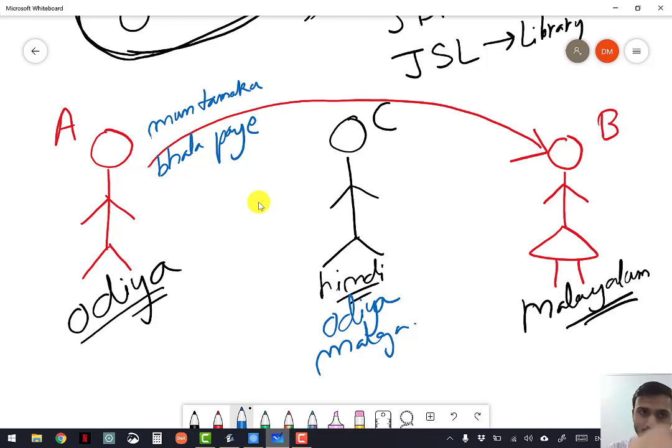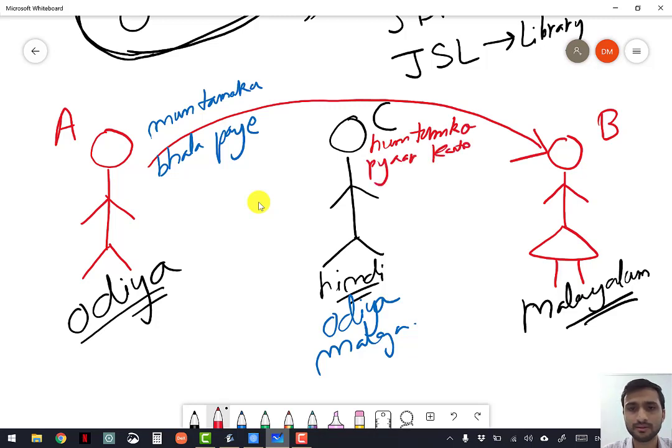So now A tells C, and C will tell B, "Mu tamaku bhalo pae." Please tell her that I want to say this. C will first convert it into Hindi, that is, हम तुमको प्यार करते हैं.